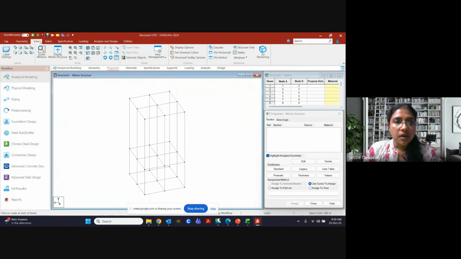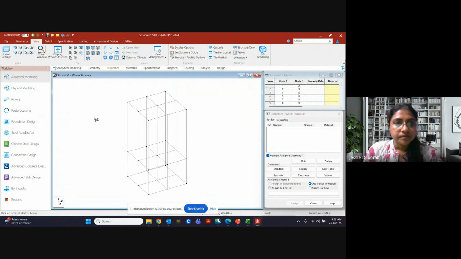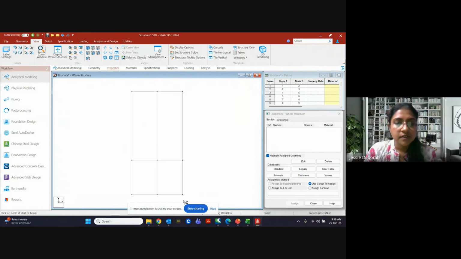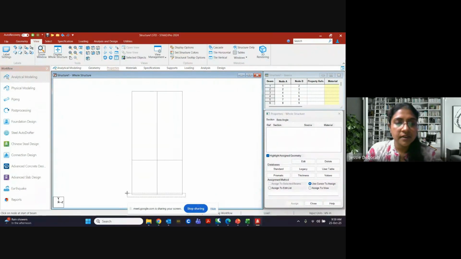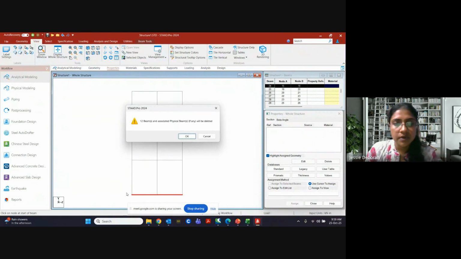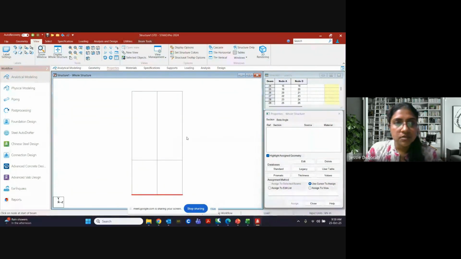Okay. So now this is ready. So now I don't need this beam below, so I am deleting those beams.